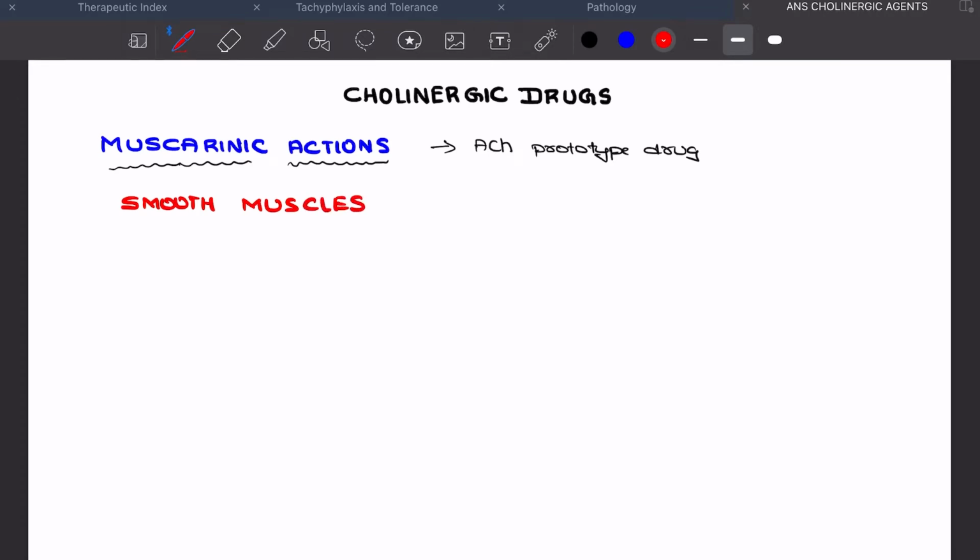Which is the receptor which mediates the action through smooth muscles? Please remember, it is M3 receptors. Basically it is going to increase the tone of the smooth muscles, and also increase the contraction. So let us take one by one. What are the muscarinic mediated smooth muscle actions? First we'll take the